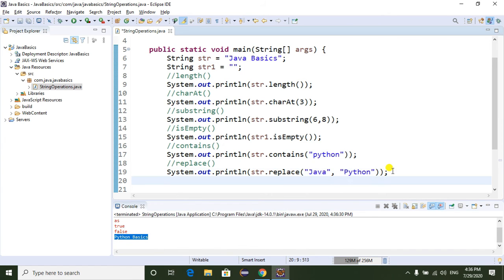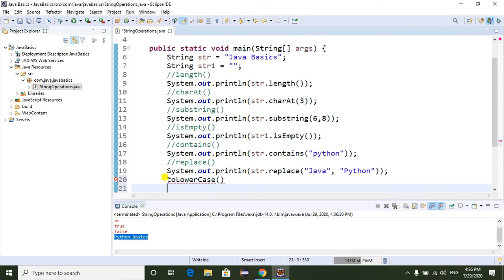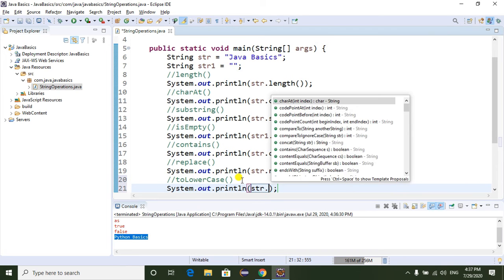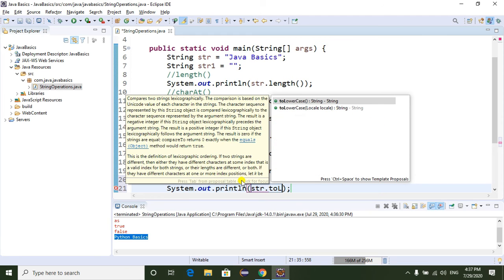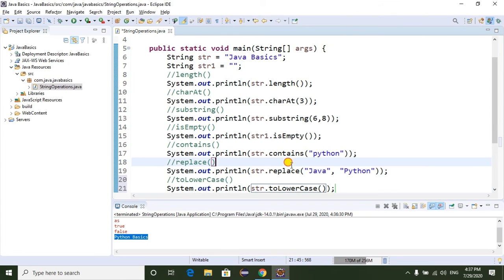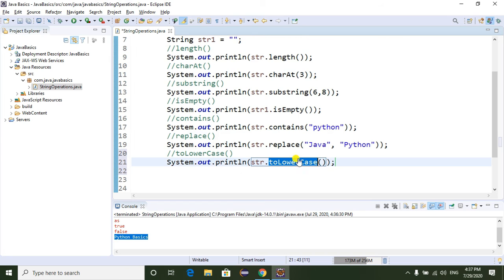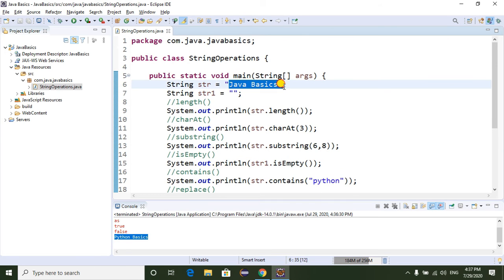And the next method is the toLowerCase method. System.out.println str dot toLowerCase. So this method will convert this string into lowercase.